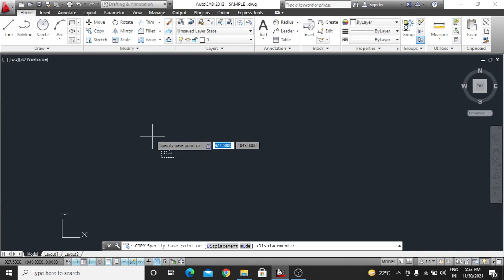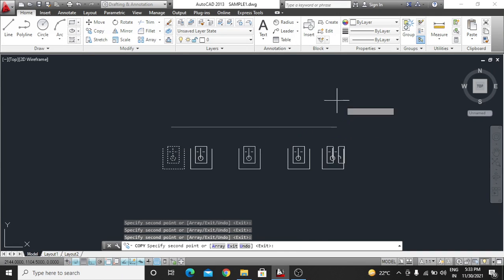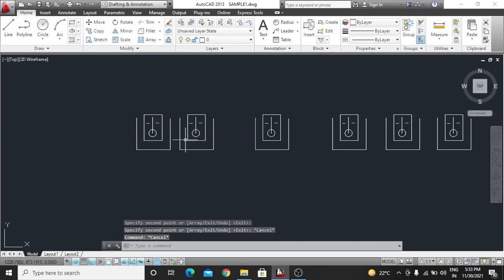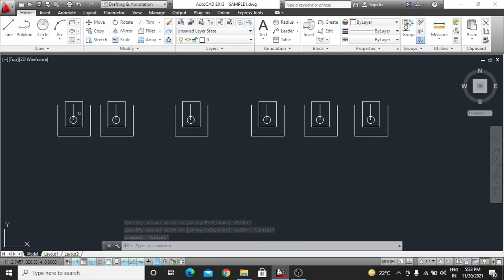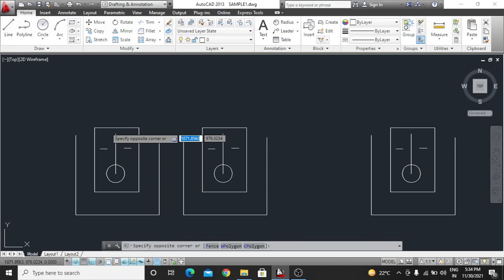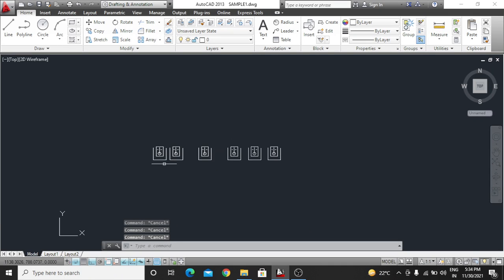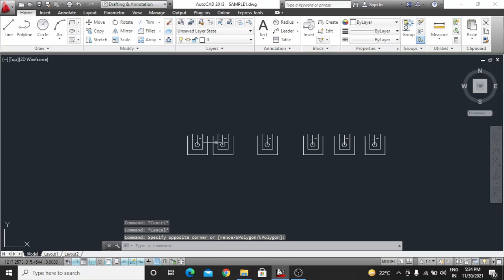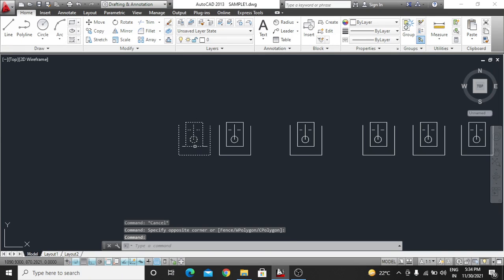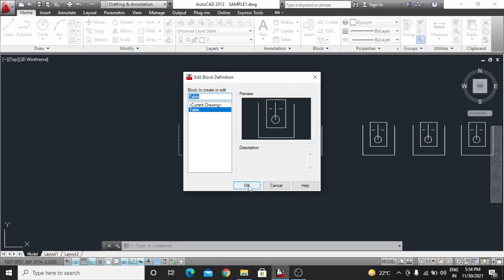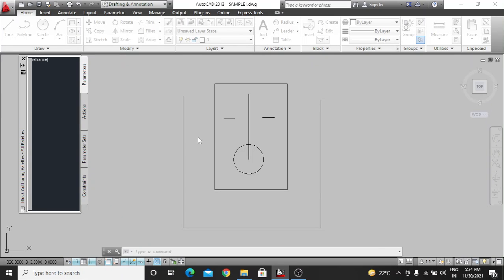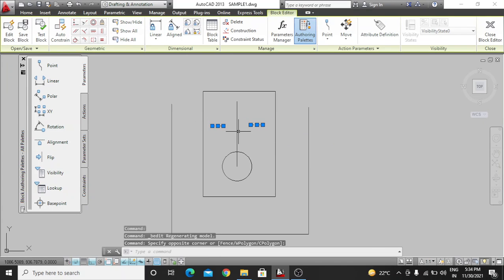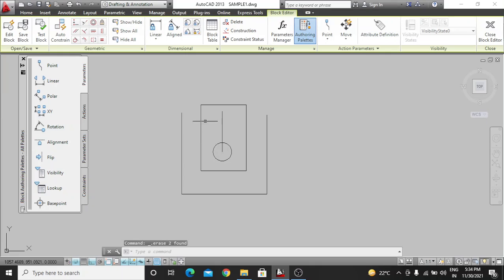You can use this to make copies of the object, and it also has a very good feature: if you make a block and you just want to add something, or delete an item, it will be changed automatically in all of them. Just double click on that, enter in the table. Okay, so here you can see you have a new window. Here if you want to delete this, enter, and you also have many options.